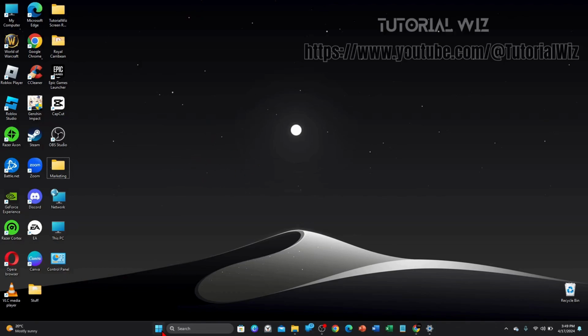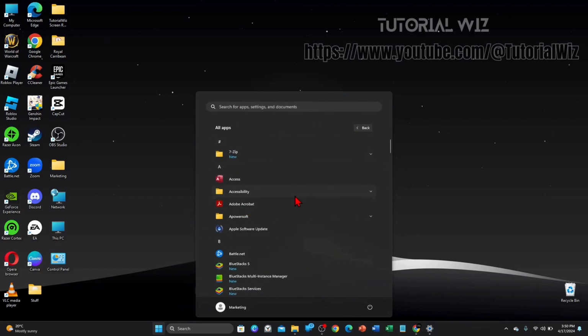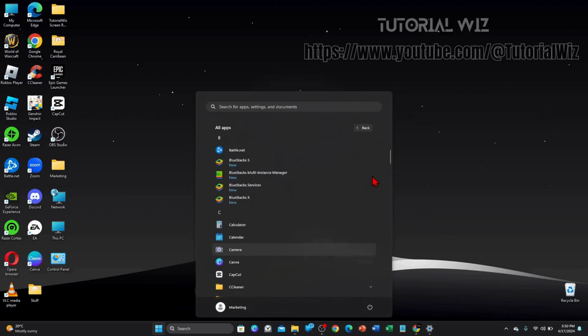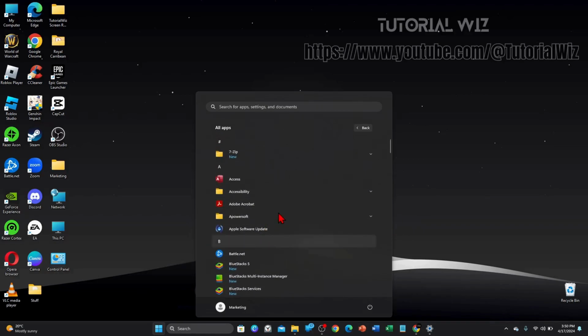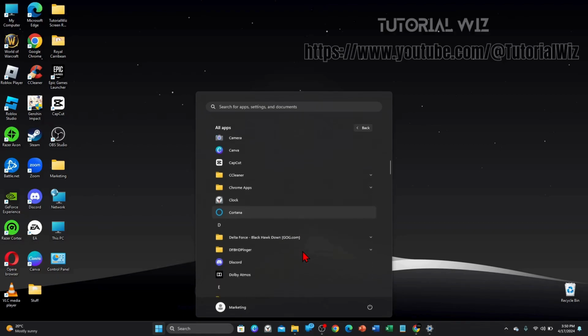So what you want to do is click on the Windows icon down below like so, and then you want to click onto all apps. And now here is all the apps that are on this particular PC, but obviously your PC will be different to mine. And for demonstration purposes, if I want to show,